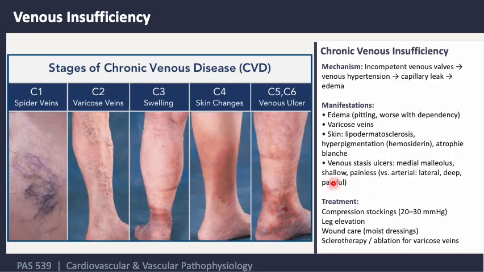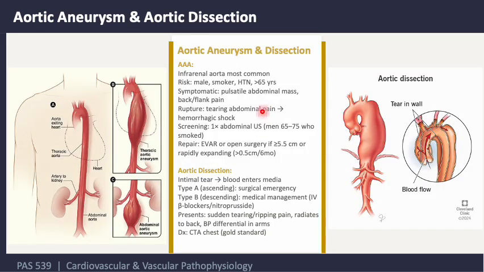The ulcers are usually shallow and painless. Treatment for this is to get them into compression stockings, usually 20 to 30 millimeters of mercury, keep the legs elevated, wound care. They can do some sclerotherapy or ablations of the varicose veins if needed. And the last